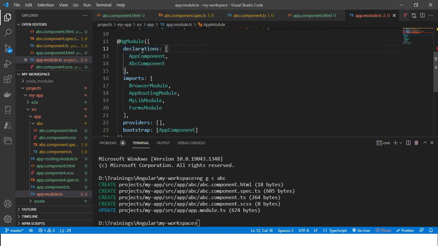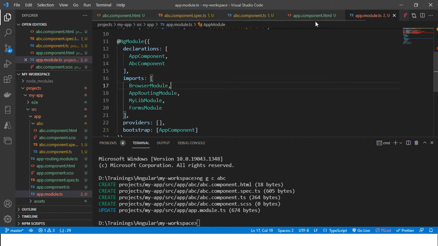Declarations is an array where we can register our components. The abc component is registered automatically when we run this command. Angular creates four files related to the abc component, and after creating them, registers the abc component with app.module.ts.